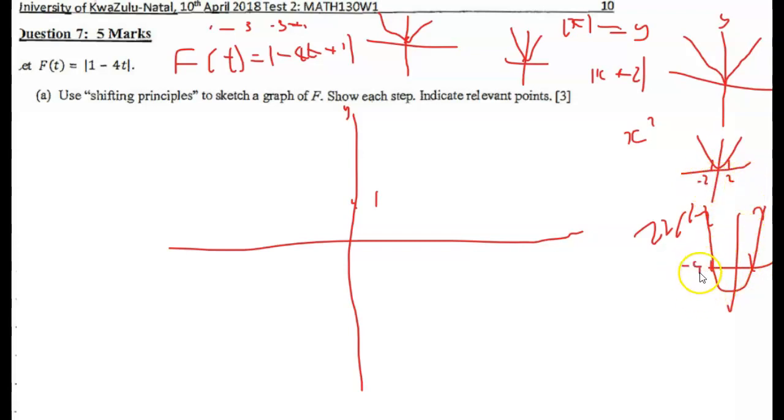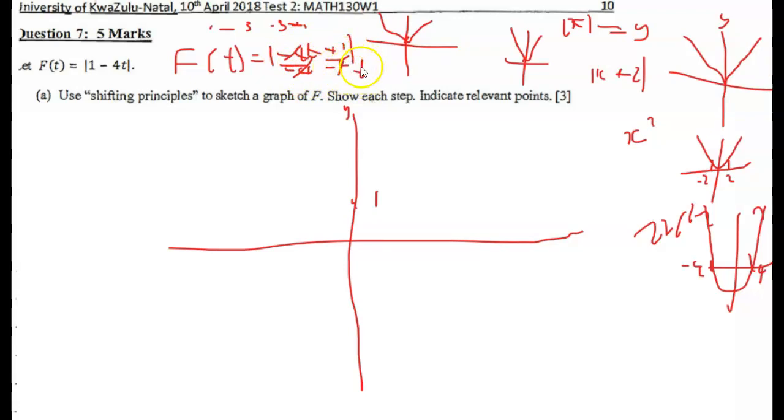This will be minus 4 and 4. So can you see it basically stretches into something that is double that? So for me to get the true shift, I need to make the coefficient 1. So if I divide this by minus 4, I basically cancel that out, so that you'll have t